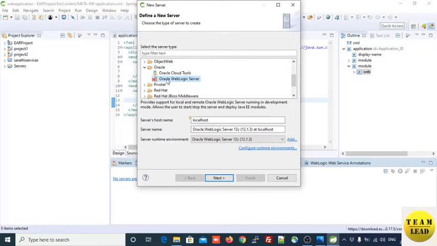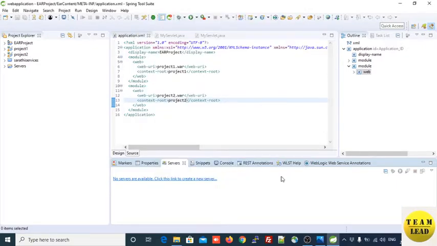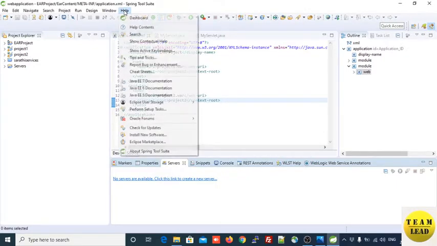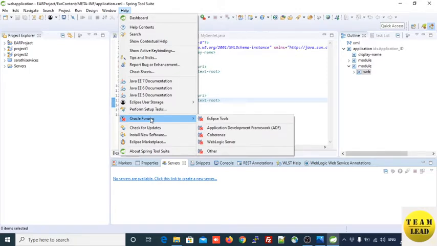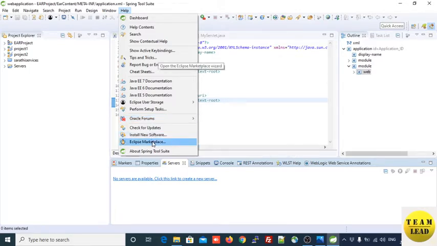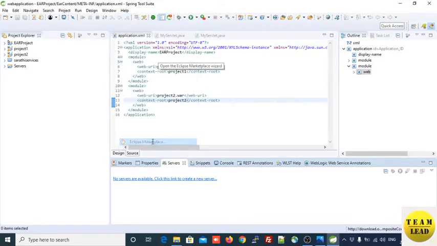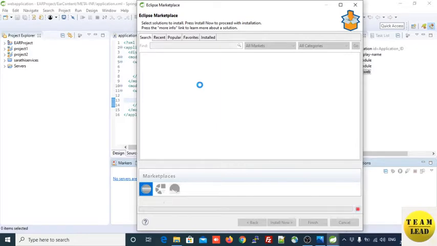In your STS IDE, if you are not able to find this option here, simply go to the Eclipse Marketplace. From there you need to download the WebLogic server tool. So click on the Eclipse Marketplace. Checking for the updates.